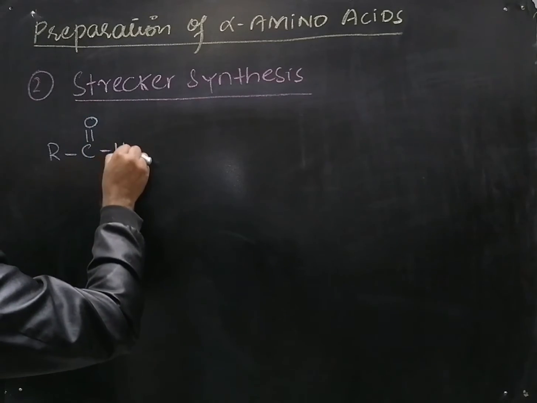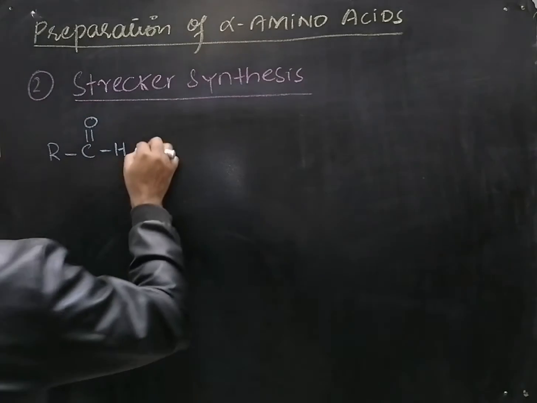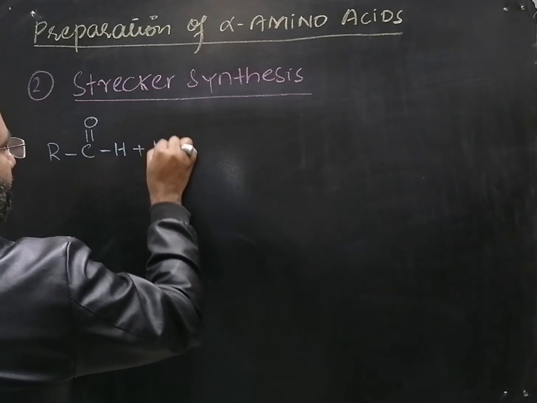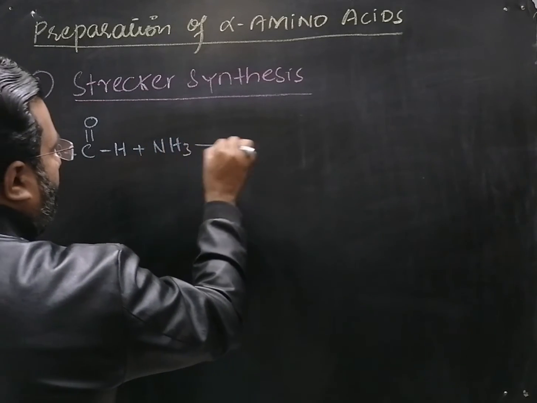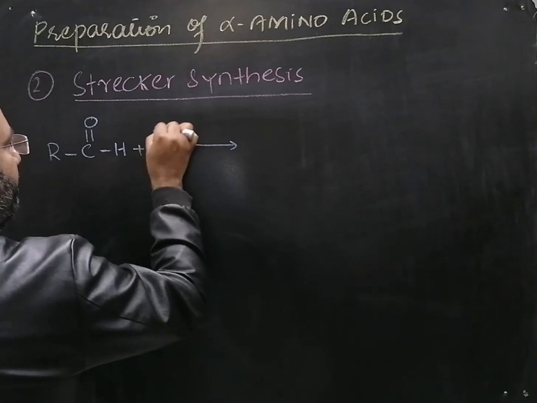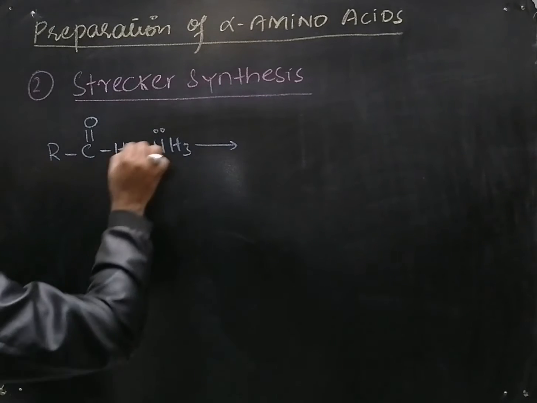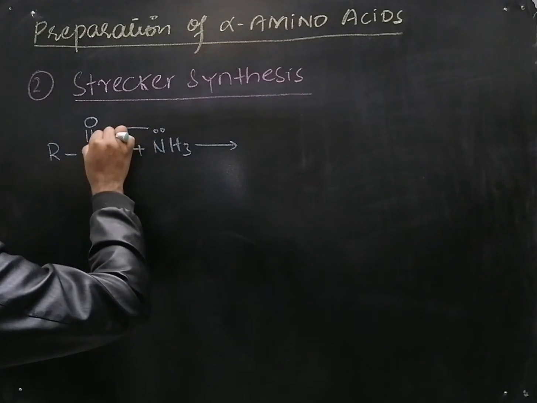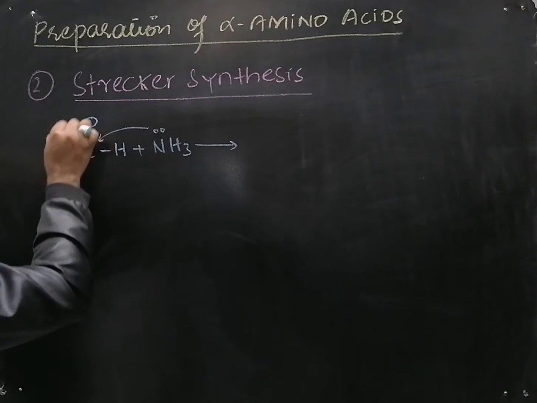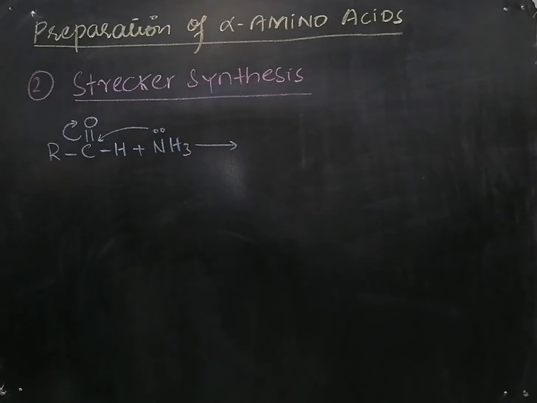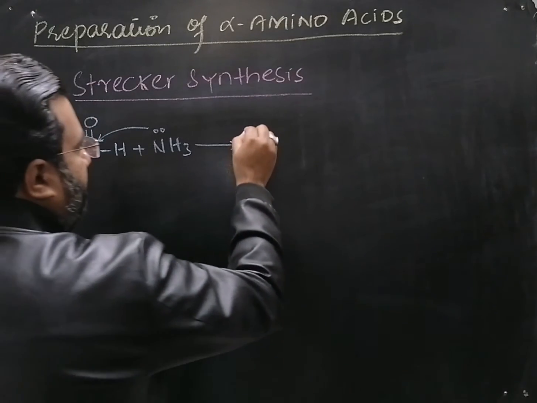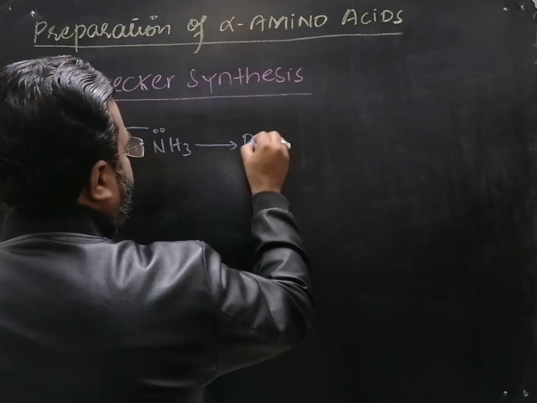Now this one is an aldehyde molecule. Ammonia, because it has a lone pair of electrons, will attack the carbon of the carbonyl group, and it will shift its pi bond to the oxygen. As a result,